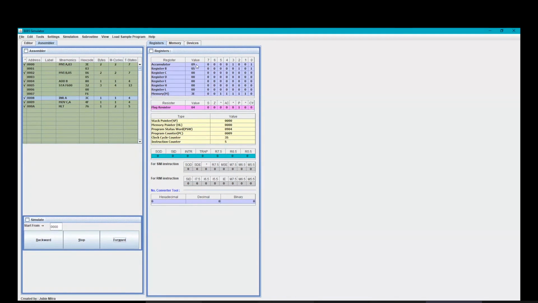Can you go backward now? Is it possible? And then now can you come forward? Yeah, that's right. So as you can see, the moment we come to that instruction, in a fraction of a second, that's getting executed. So with increment A, you can see the changes happening in the accumulator. Now we are moving the value from A to C. Please have an eye on the register C. And as you can see, register C is incremented now. This is like commentary. And then next forward, we halt the program.